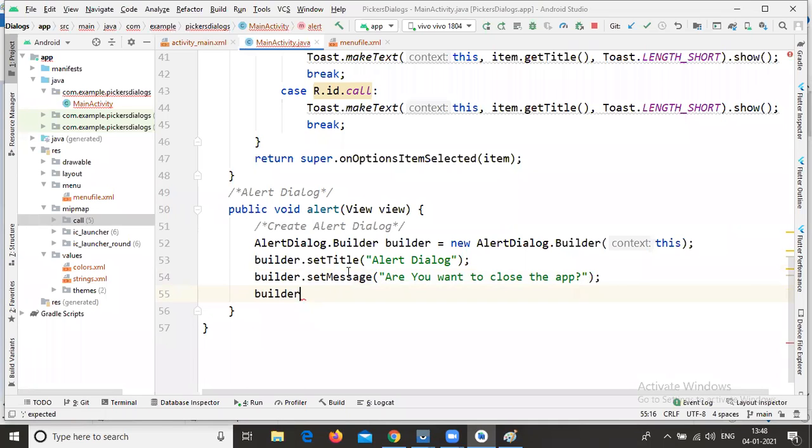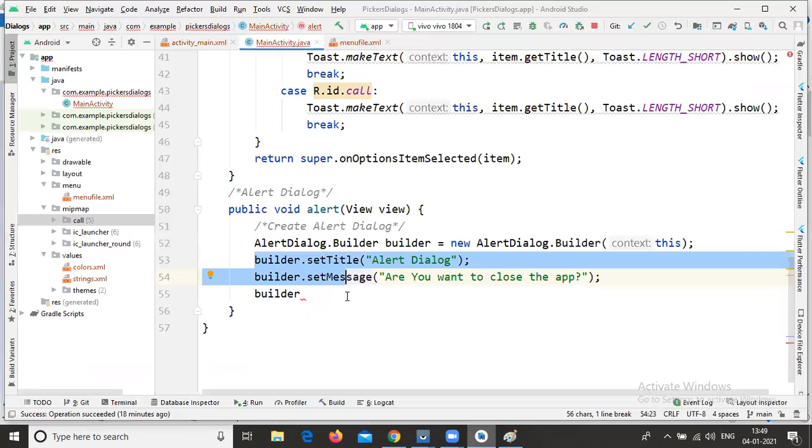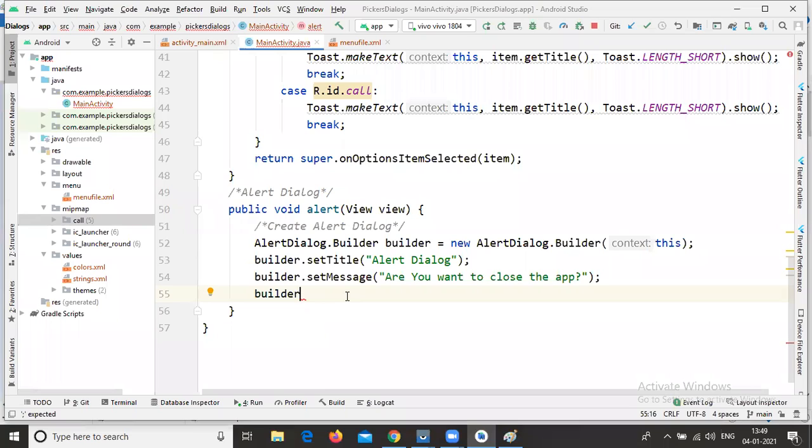After that, we need to create the buttons, that is yes or no buttons. As of now we created the buttons by using XML. But in this alert dialog, we need to create these yes or no buttons with the help of Java.